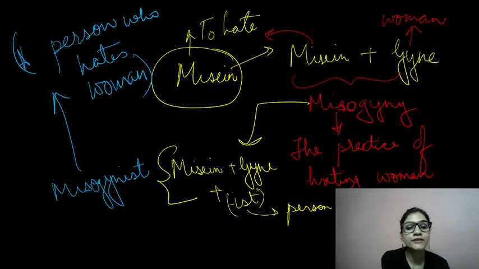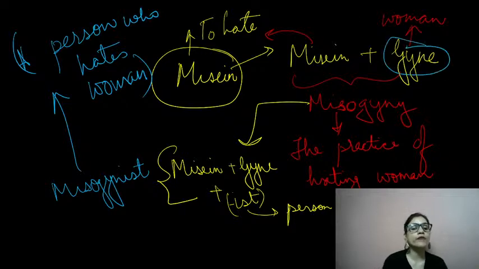Please have a look at all these word roots, guys. All of them come from misane. Misane means to hate. So these are all women haters, marriage haters, and human haters. Right? Similarly, just like we have a word root for a female, that is gynae, we also have a word root for males. I'll be just sharing it with you. Just give me 1 minute, guys. In the meantime, have a look at all these words. If you're done, let's move ahead to the next slide.